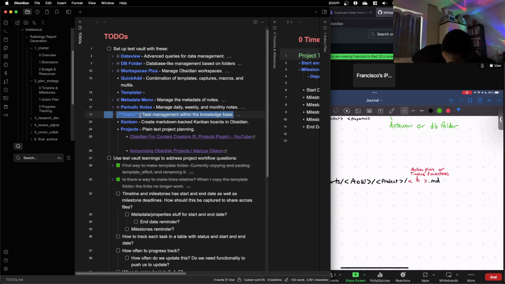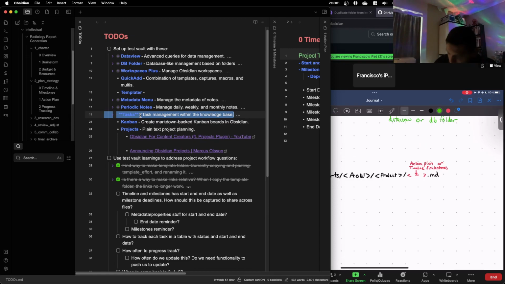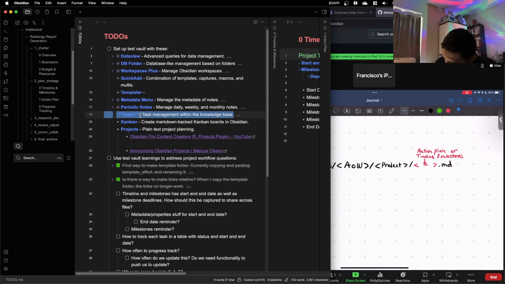Now for each project we have tasks, and this is either Dataview or tasks.